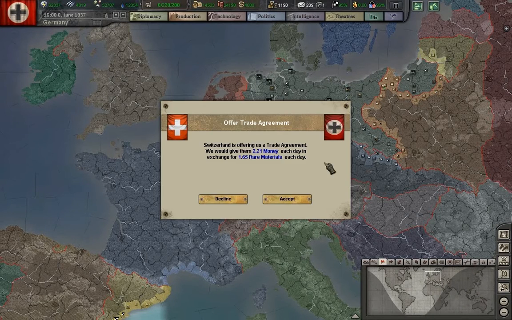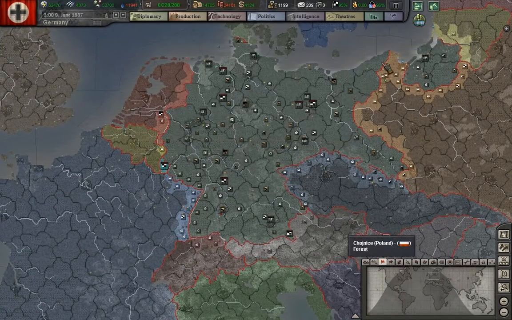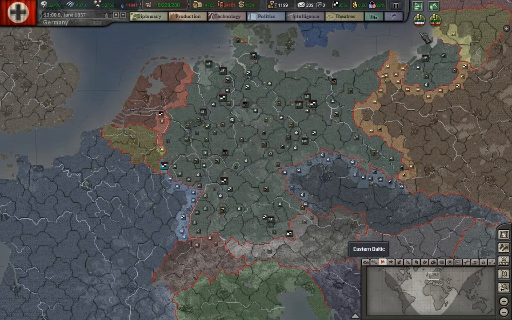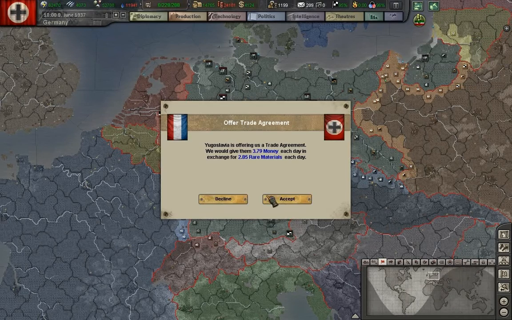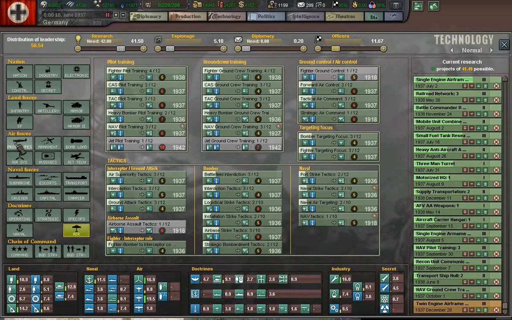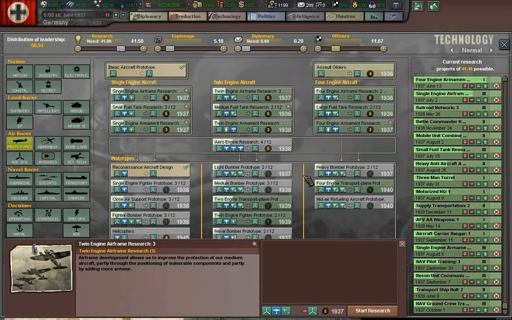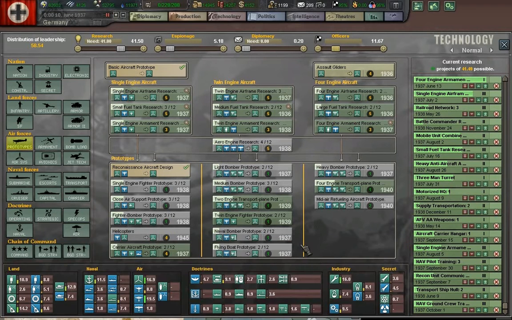Okay, and let's get you. Twin engine airframe research has advanced. That is useful. It's going to allow us, eventually, once we get that, to improve. So here we will...